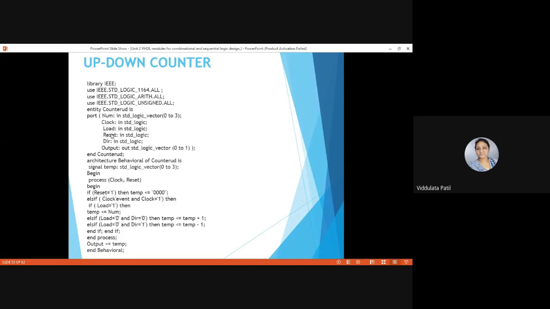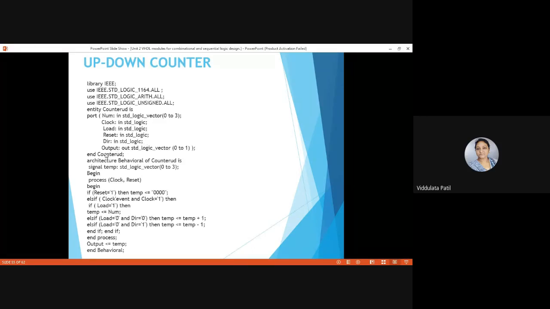After that we have used one input, that is load, which is an input and the type is std_logic. After that there is another input which will reset the counter. So reset, which is in, and the type is std_logic. Conclude this statement by giving a semicolon. Then dir, which will decide the direction. That is again another input, so we have declared it as dir : in std_logic; and then a semicolon.